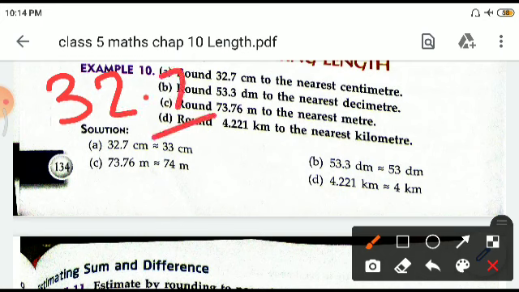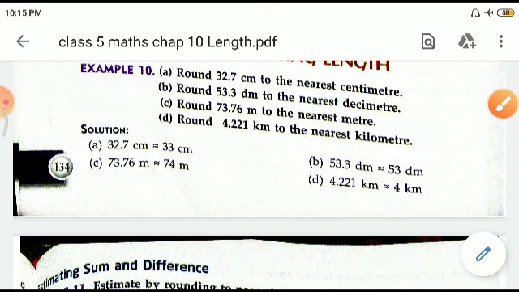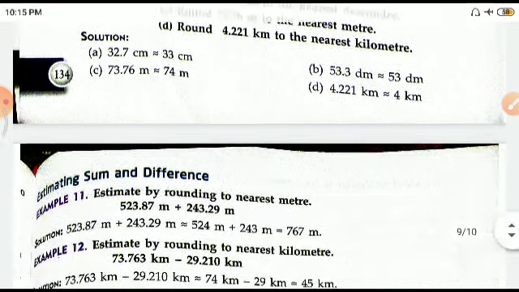Now see this 0.7, here the last number is 7. 7 is greater than 5. So what we will be doing, we will be adding 1 plus in the numerator, so 33, right? Similarly you can do it with every one, that if that part is above 5, you have to add 1 to the numerator, and so on, right?